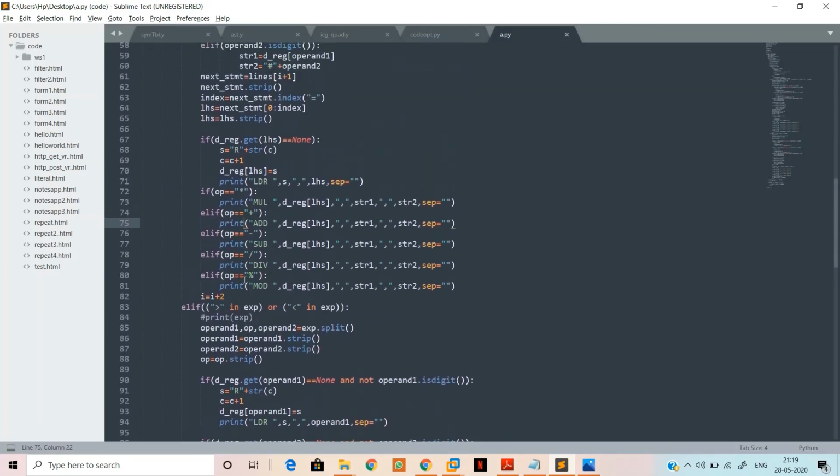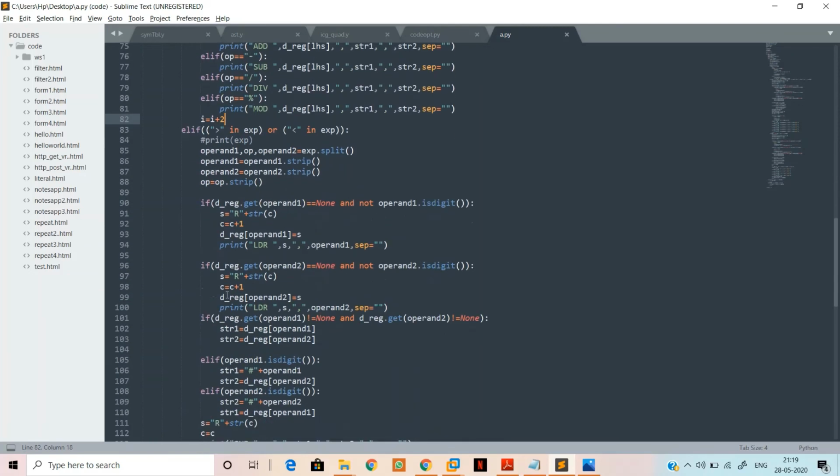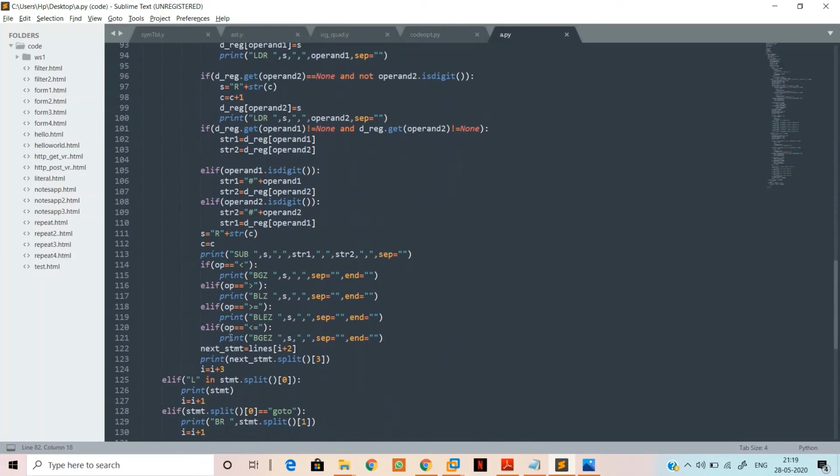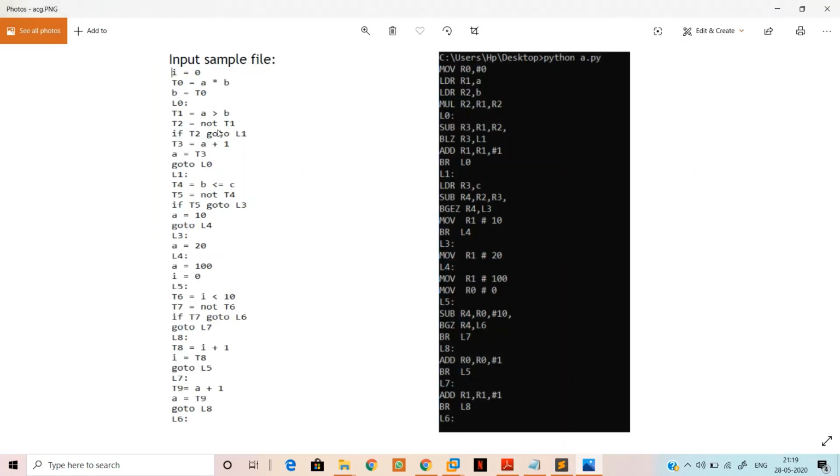So here you can see i equals i plus 2 whenever there is a mathematical operation, and i equals i plus 3 whenever there is a conditional operator, because if I see a conditional operator, then I know that, as my input code is such, the next statement would have been the not of the upper temporary variable, and the if t.